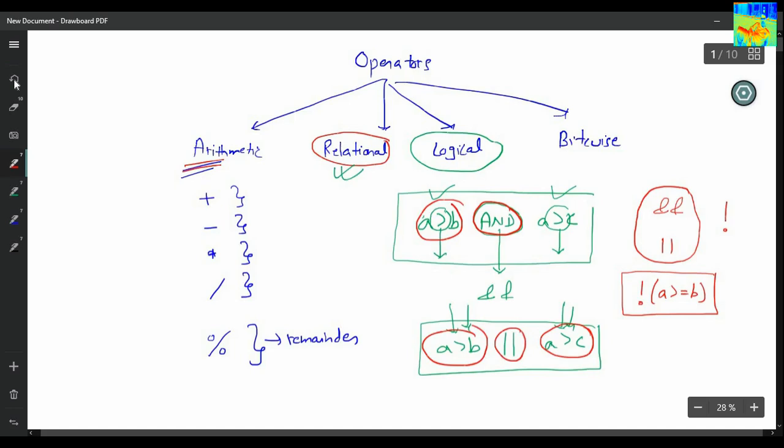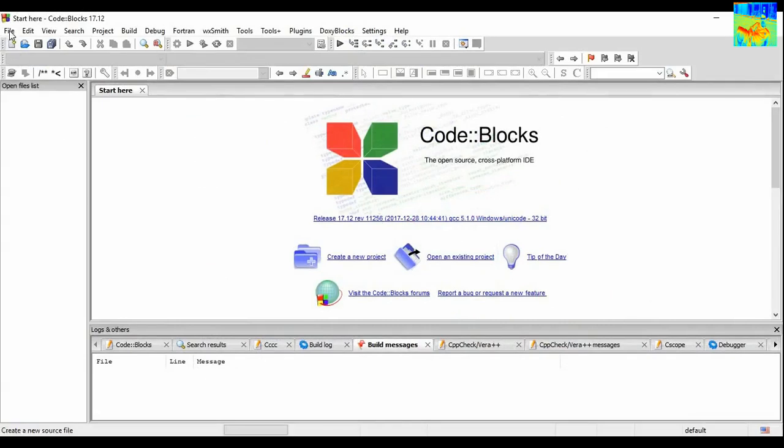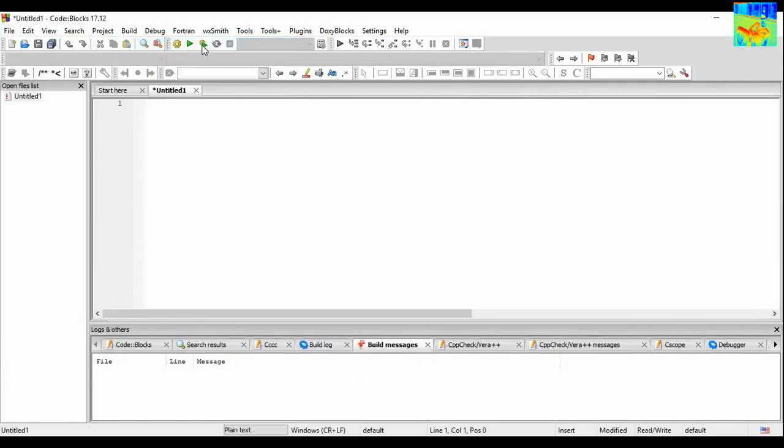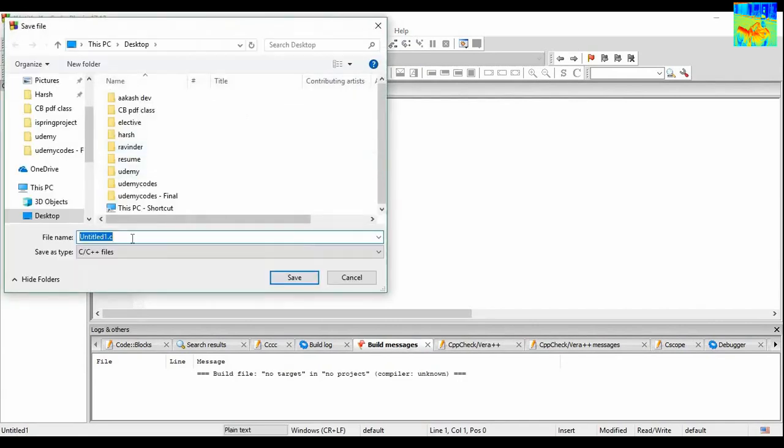Okay, so let's see an example. Let's name it logical.cpp.